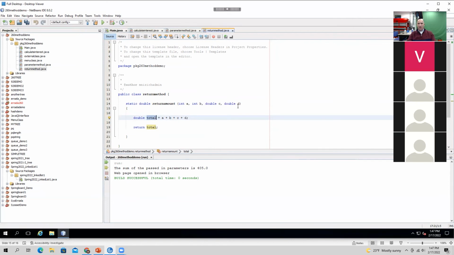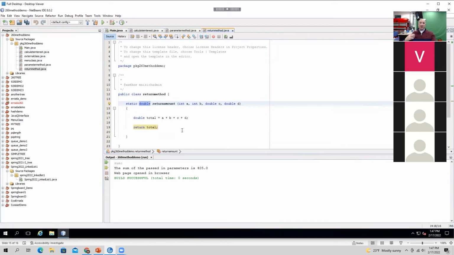Here's the difference from before. Now instead of static void, we're saying static double, all right? Why do we have to do that? Because we're deciding to send something back to the calling parameter. Void means it's not going to send anything back. That's what void means.